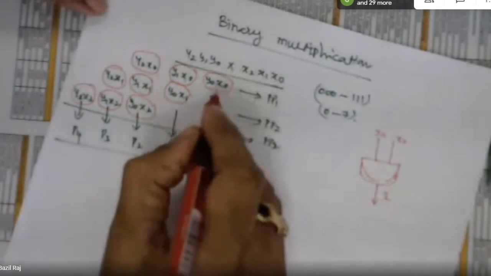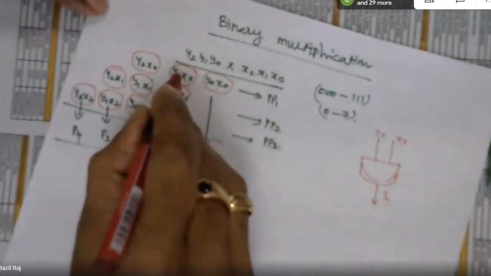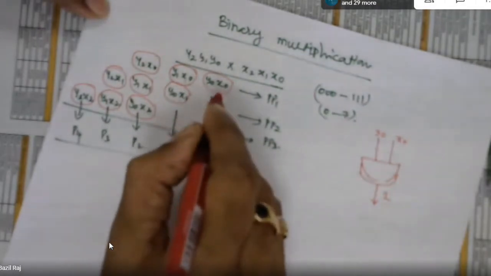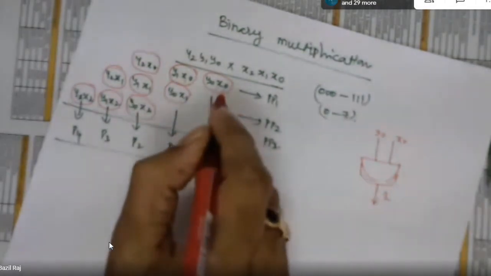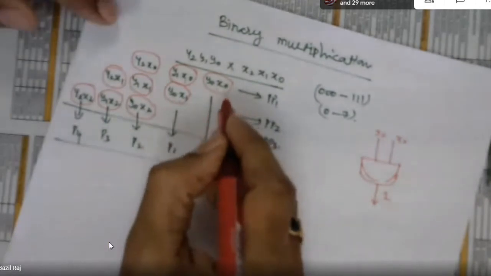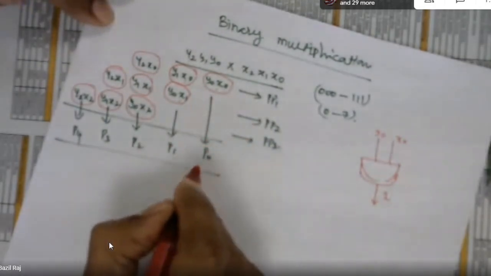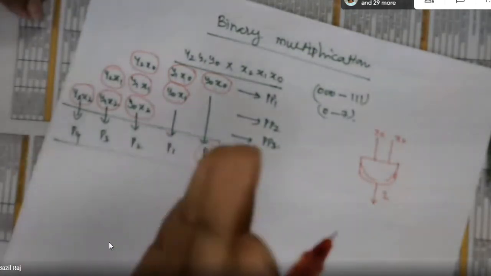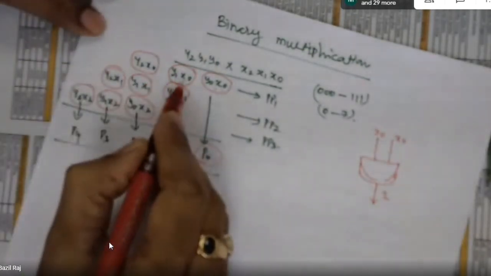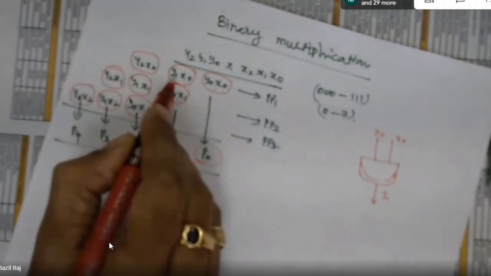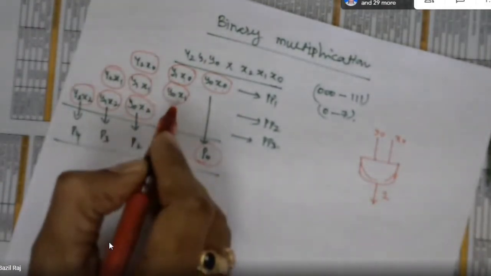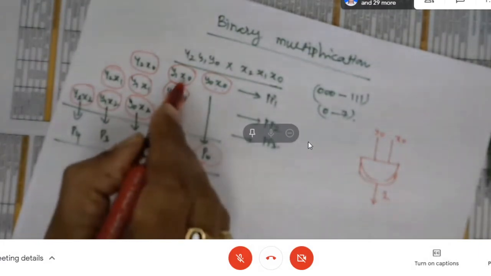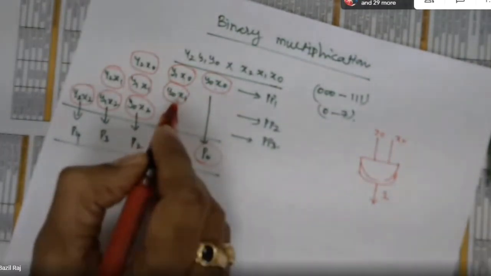So the AND gate result is at this point, and here also the AND gate result is there. Since x0 into y0 is passed into one AND gate, the result will be only one bit. That bit will be directly taken into P0. Whereas in the other one, x0 and y0 are given into one AND gate, and x1, y0 is given into one more AND gate. So that AND gate result is one bit only, and this AND gate also gives one bit only.